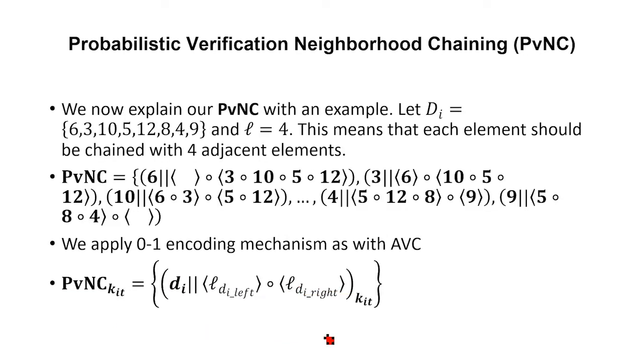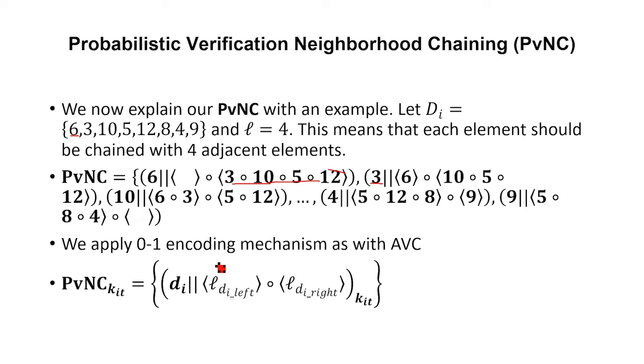So for now, if we use live examples, if we have a 6 and our element is 4, we are going to concatenate a 6 with these elements, and then the 3 will also be concatenated with some elements on the left and the right, and so on. So it is challenging if this information is not encrypted.